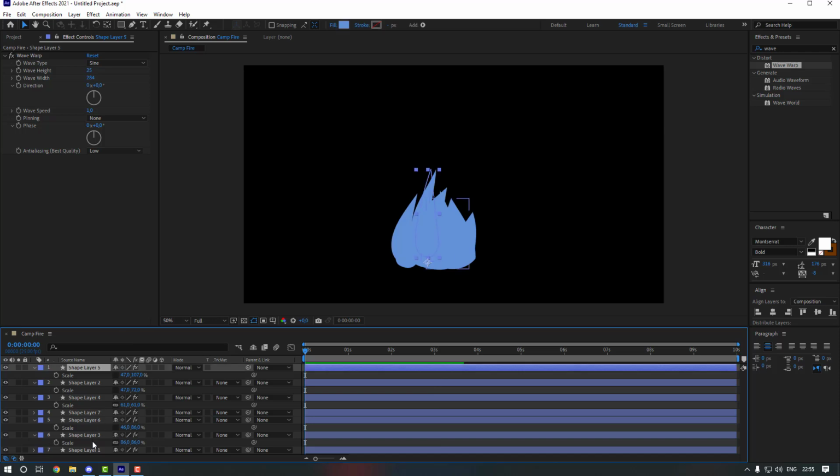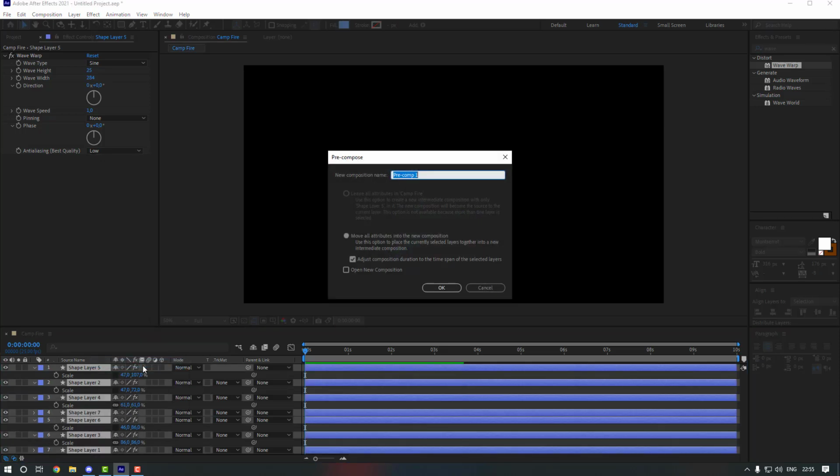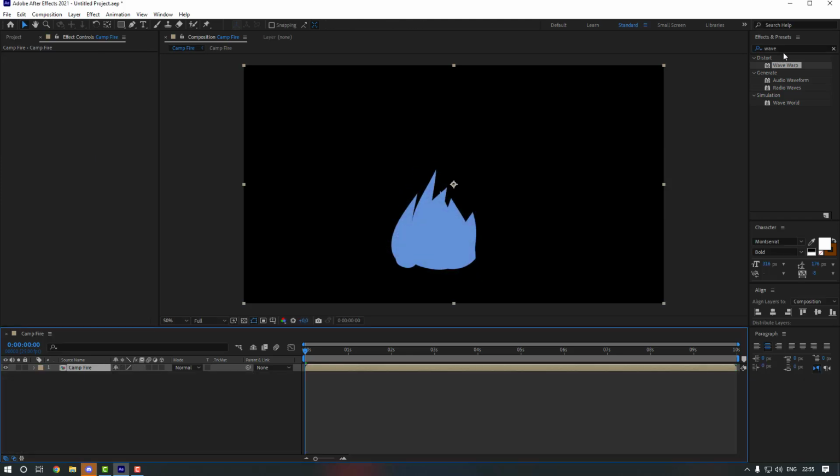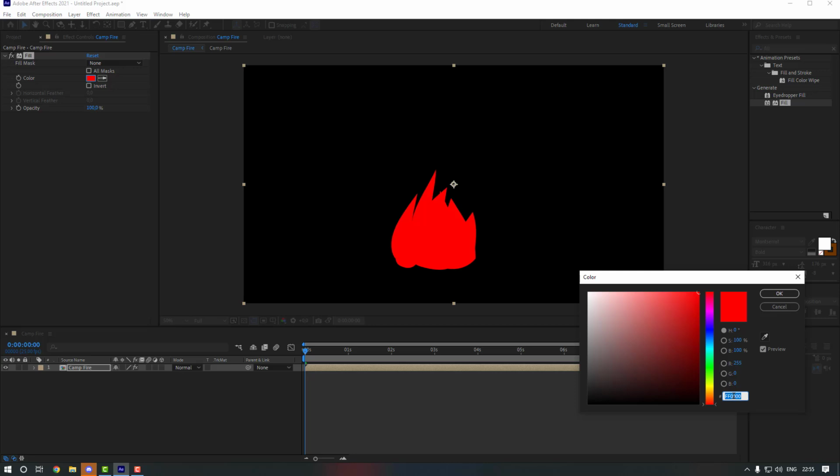Okay, nice. Now let's select all these shape layers and right mouse, let's pre-compose them and let's rename to Campfire. And click OK and then go to FX presets and let's search for fill. And let's double click to here and let's go to color and let's change the color code. I'm gonna use this color code